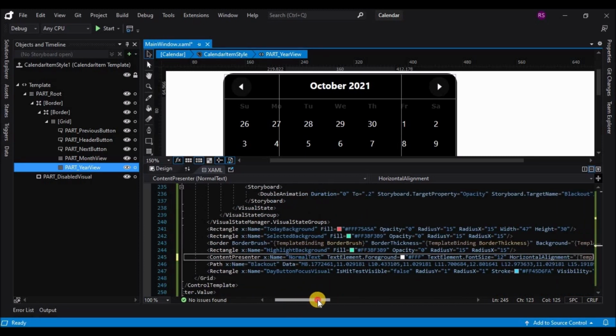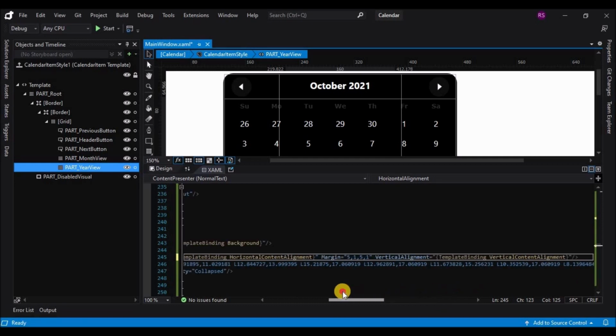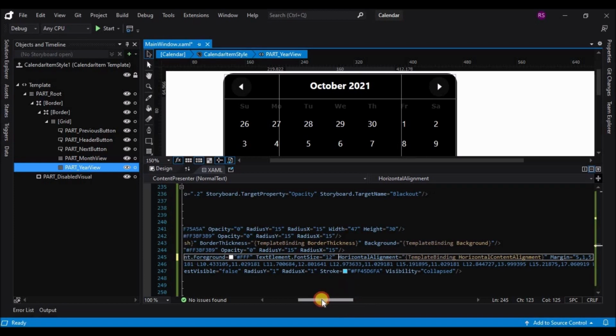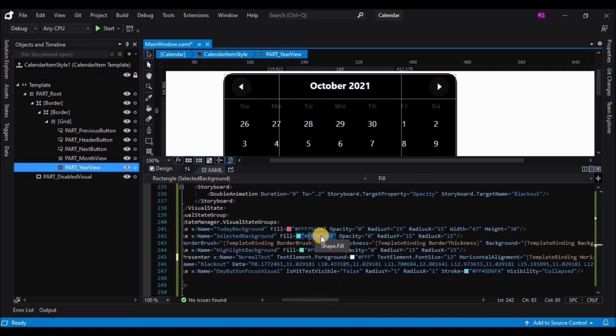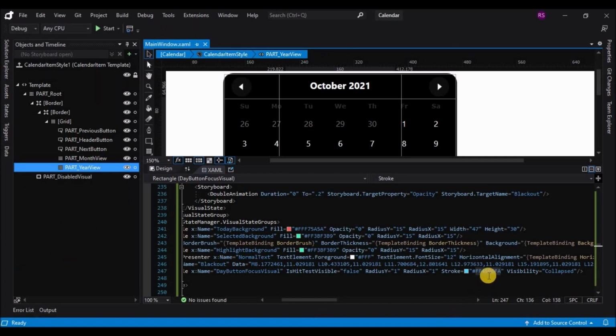So there's one more thing that has to be changed, is the days of the week. So we'll have to find that. Also we'll have to change the stroke to the same color as the highlighted color. So if you highlight and if you click on the button, you see that we have a rectangular border. To change that, we have to change the color same as the highlighted color, which I have copied from the top, and also have to copy the radius and paste it for the last element.